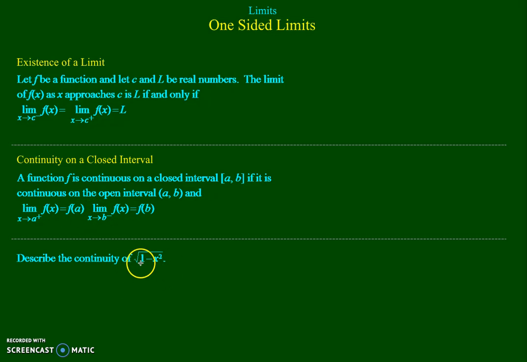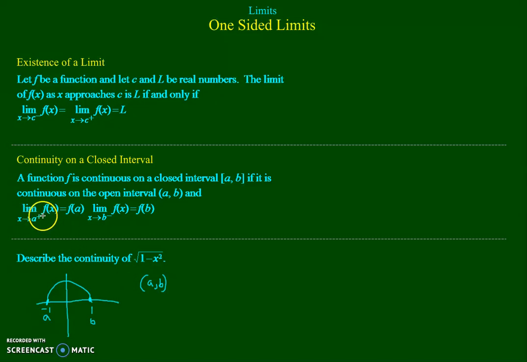Here again we have the upper lobe of a circle. So let me go ahead and draw that, sketch it really quick. So what we have is something that looks like this, and this is negative 1 and this is positive 1. So if this is A and this is B, it's saying if this function is continuous on the open interval AB, which we can see that it is, it's continuous on this open interval,